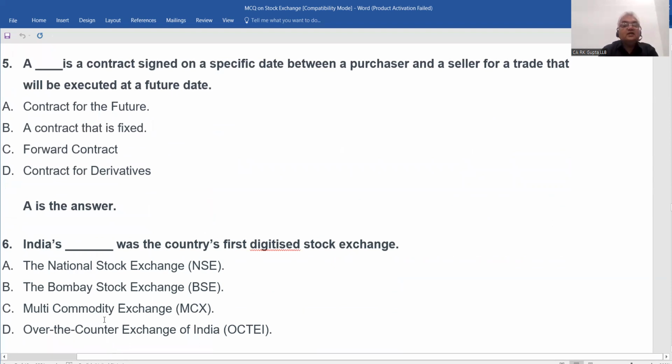हाँ जी. So India's dash was the country's first digitized stock exchange. सर इसमें फ्यूचर कॉन्ट्रैक्ट फॉर द फ्यूचर और कॉन्ट्रैक्ट फॉर डेरिवेटिव इसमें डिफरेंस क्या रहेगा फिर? क्योंकि फ्यूचर कॉन्ट्रैक्ट को ही आई थिंक डेरिवेटिव कॉन्ट्रैक्ट ही कहते हैं।